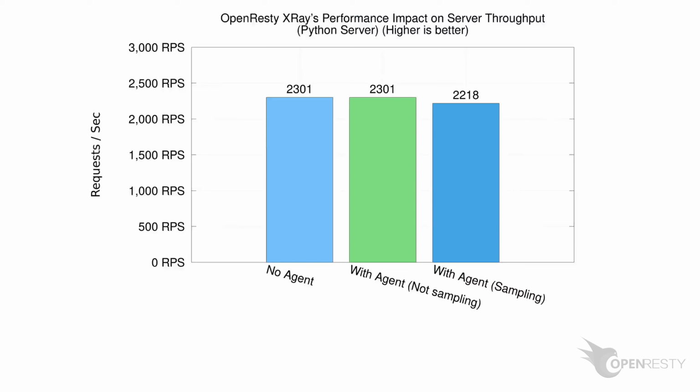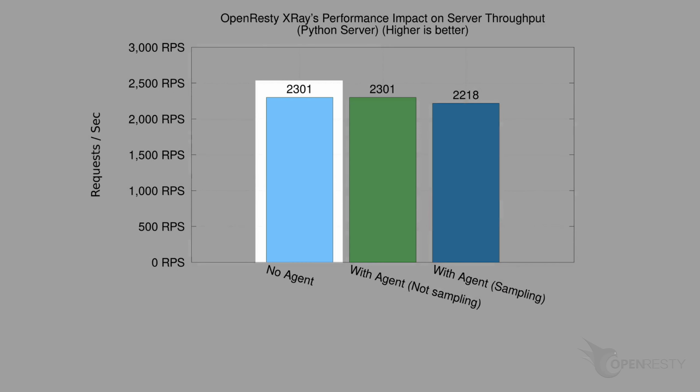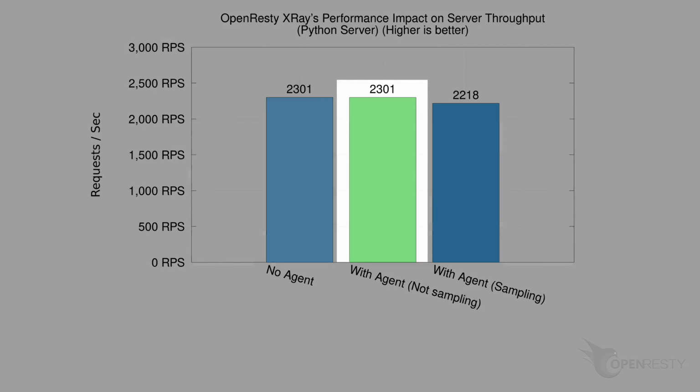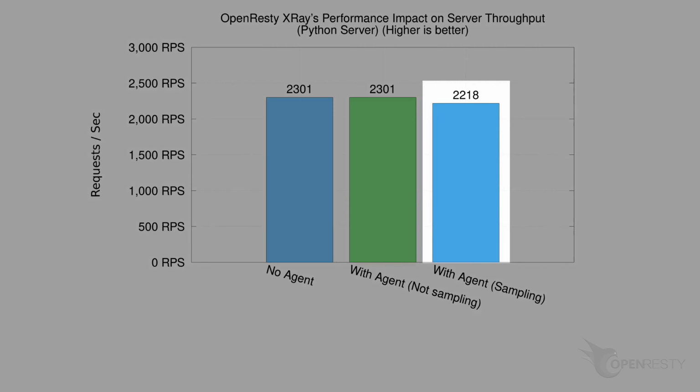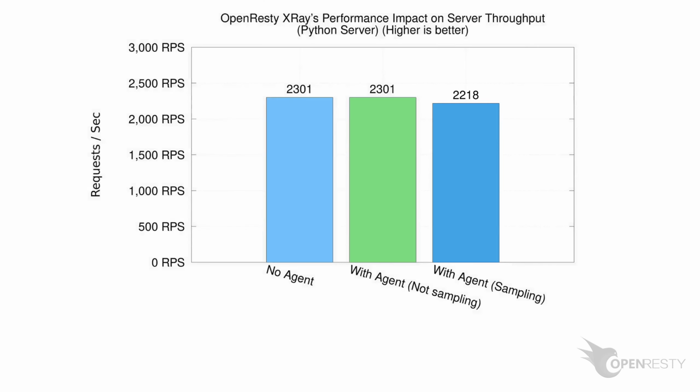We measured the maximum server throughput in different cases. Here's what we found. Without installing the OpenResty X-Ray agent, the maximum throughput is about 2,300 requests per second. When the agent is installed but not running the analyzers, the request rate remains the same. When the analyzers are sampling, the request rate is around 2,220 RPS, only 3.4% lower than when not doing analysis. It can be seen that running the analyzers for performance analysis has minimal impact on the maximum throughput of the